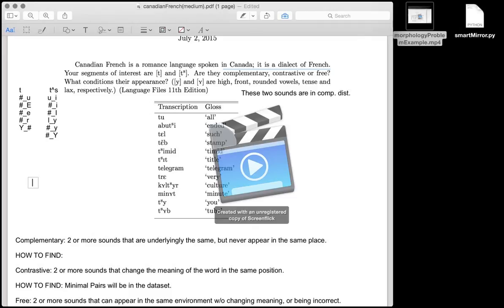Okay, so the way the rules generally work is you pick the underlying sound, which I'll call the UR, the underlying representation of the sound. Then you notate it with an arrow. So you say this underlying representation becomes the following surface representation when, with this slash, you put down the environment that describes how these sounds are conditioned. So in ours, what I've said is that the underlying sound is ta, and ta becomes